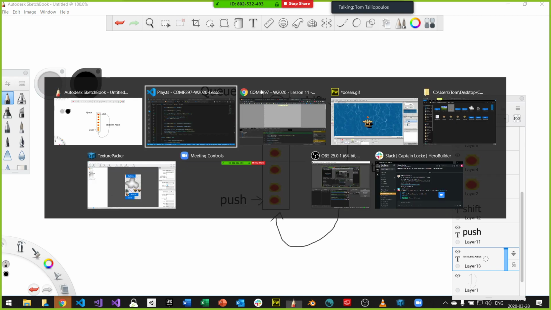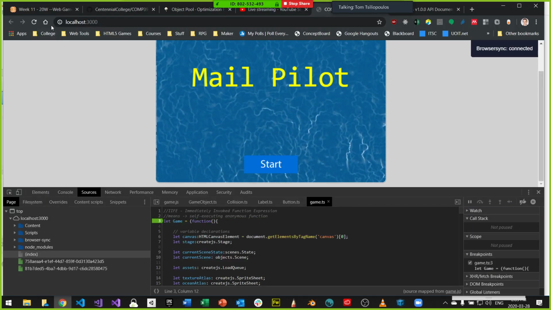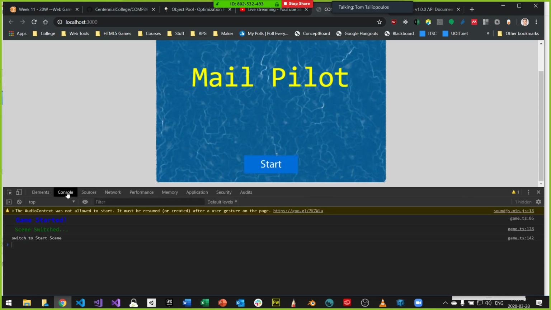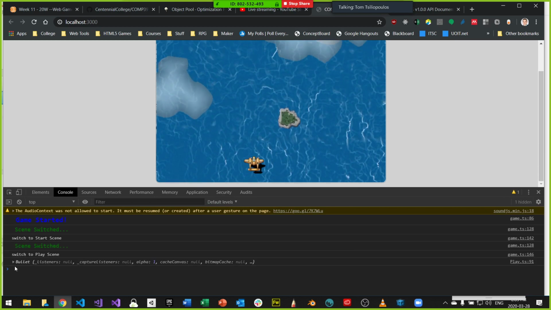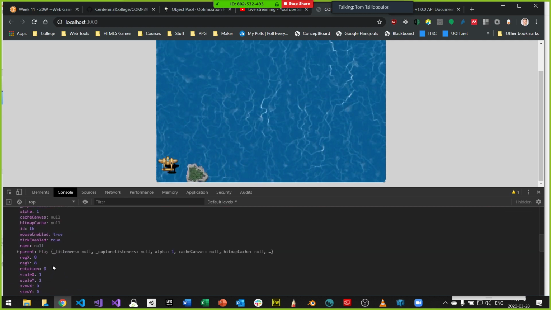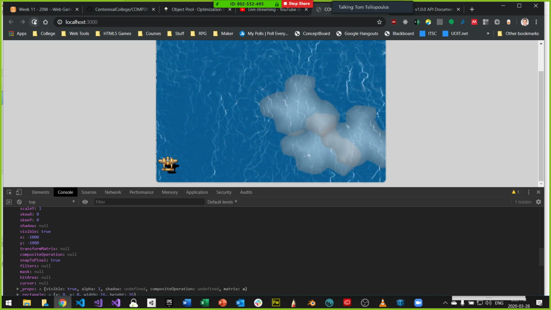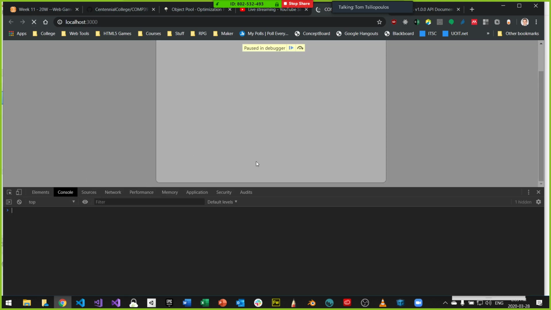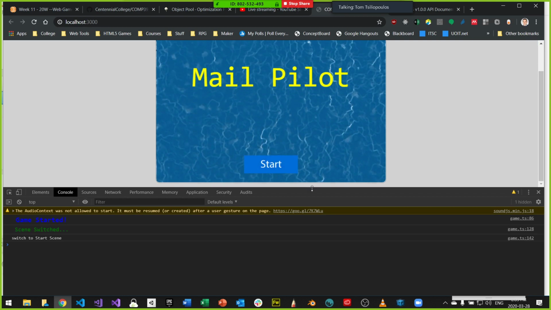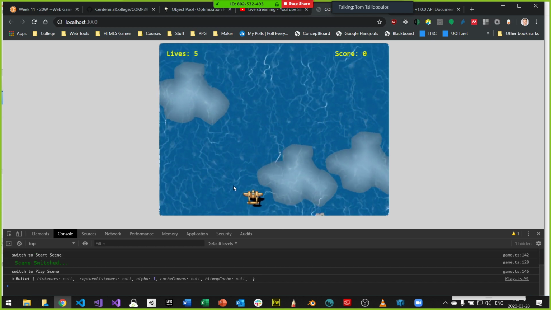Let's see if this works now. So again, we're going to go back to the scene and rerun this thing. Let's try that one more time. We're going to go to console and start. Okay, that's it. We saw the bullet now. So we can see that the bullet now is minus 1,000, minus 1,000, but originally it wasn't. Let's try this again. Going back to console and running it, and now let's look up here to see if we see the bullet. So we see the bullet. There it is, and it runs off screen, and we're good to go.